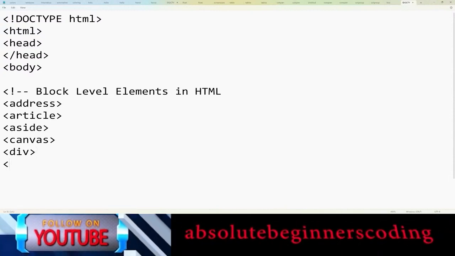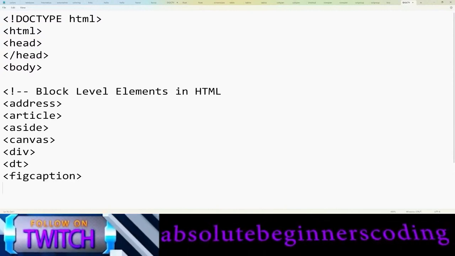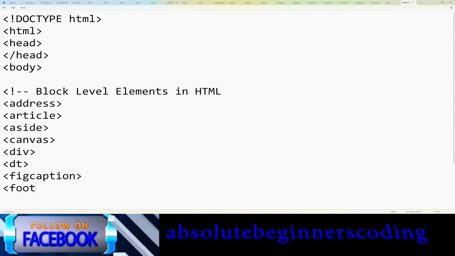And DT, we have used it just now. And figcaption, and footer, then